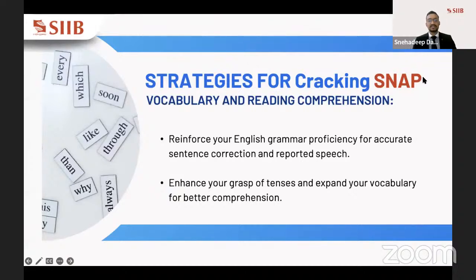Next slide, please. So for the strategies for cracking SNAP, firstly, I'll be talking about the VARC part. You need to have good proficiency in English grammar for accurate sentence correction and reported speech. And also you need to enhance your grasp on English grammar tenses. You need to expand your vocabulary for various questions that appear in the SNAP and for better comprehension. Moving on,